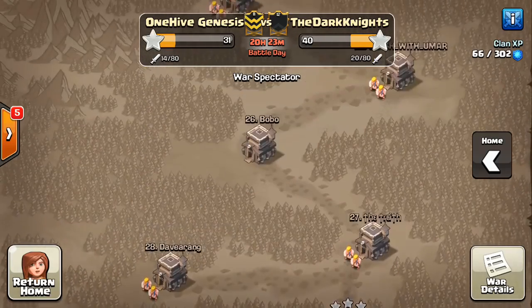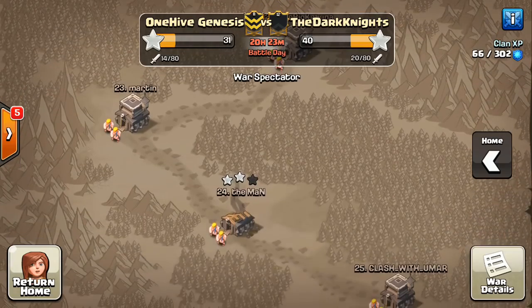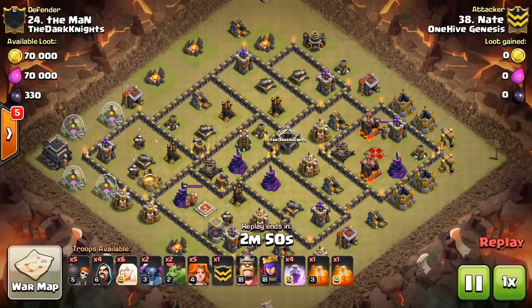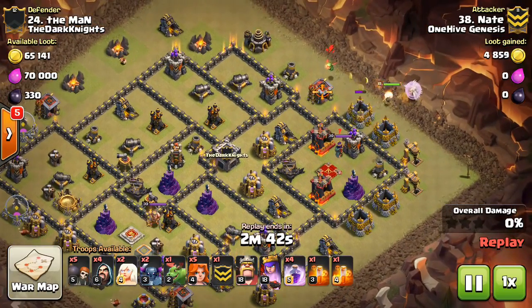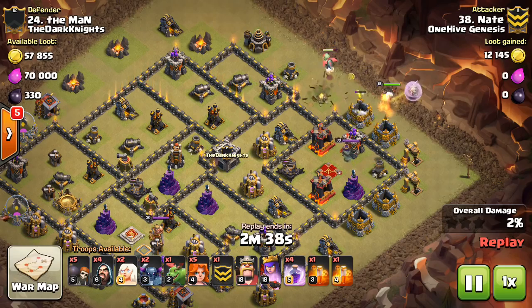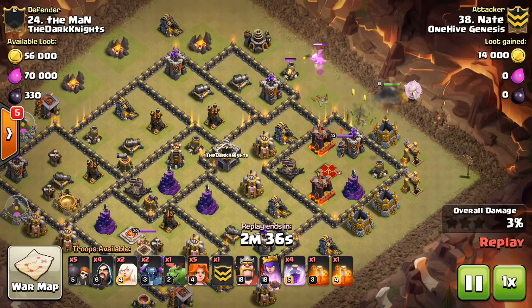So let's go up to 24. By the way, this war is against the Dark Knights. It's just a random matchup, I think. I mean, it's the middle of the week. Yeah, pretty much the middle of the week, so I assume it's a random matchup. I honestly haven't been on Clash that long, but from what I know, it is a random matchup with a very good clan,